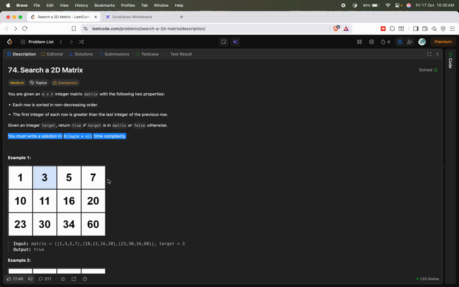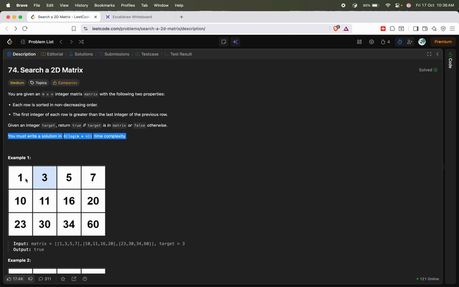Since the elements in the matrix are in non-decreasing order in each row, and the first element is greater than the last element of the previous row, we can also say all the elements in the first column are also in non-decreasing order. So since the elements have the property of non-decreasing order, we can think of applying binary search on this particular matrix. Okay, there are different ways to apply binary search. Let me tell you all the approaches which came into my mind when I was trying to solve this